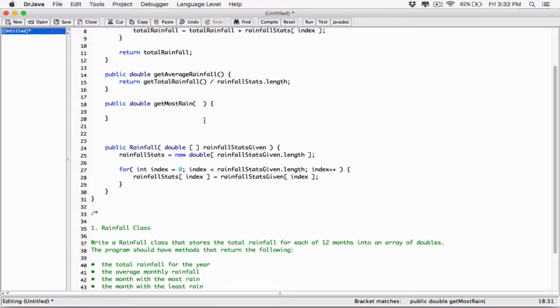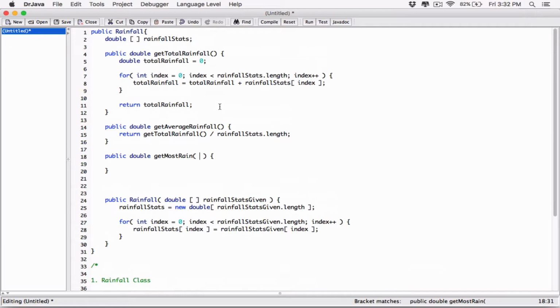So get the most rain, right? When you think about it, it doesn't need any argument. So I'm not going to specify any parameter here. Because we're going to use this array here, I'm going to close this. We're not going to specify any parameter. Get most rain. What we want to do is first of all,